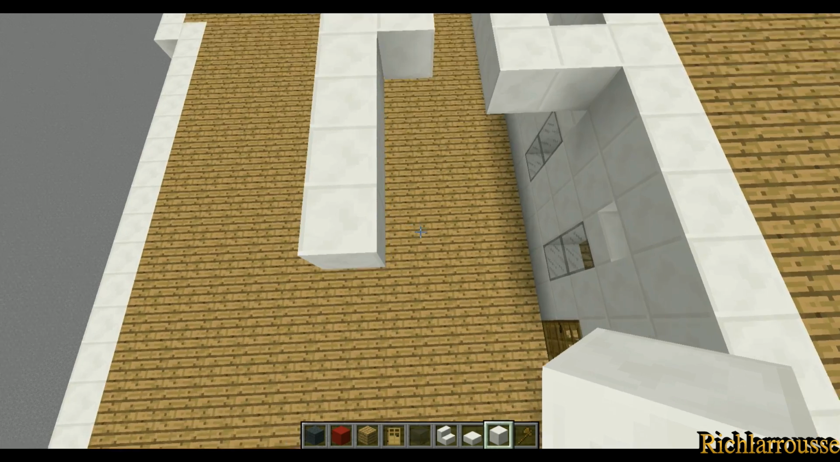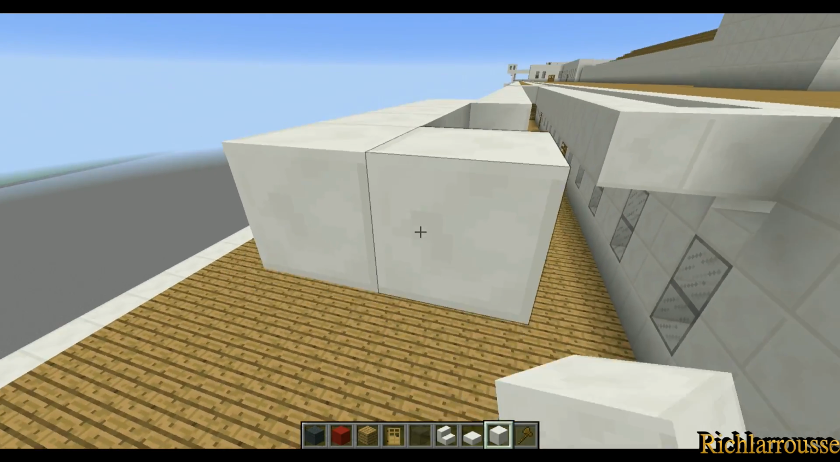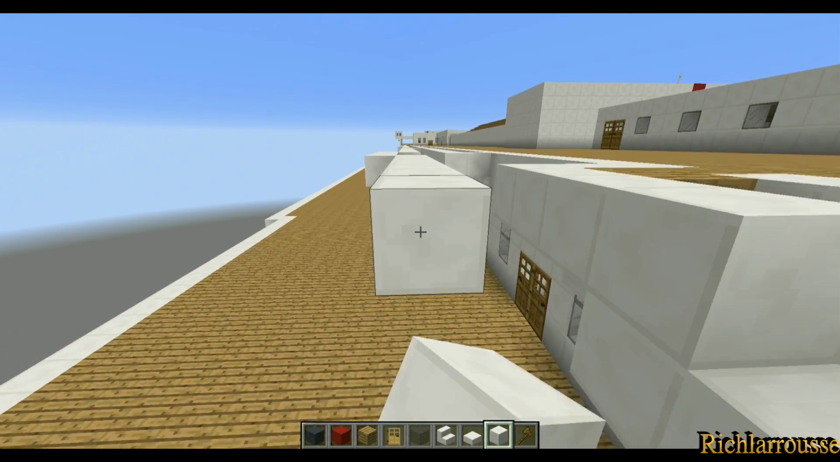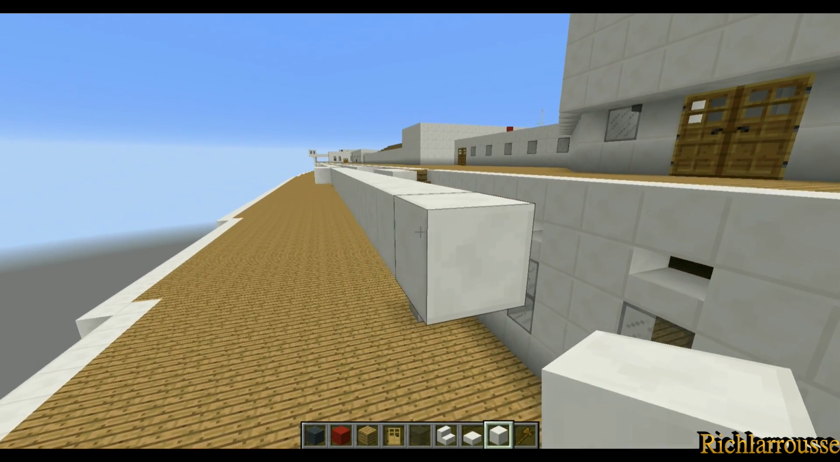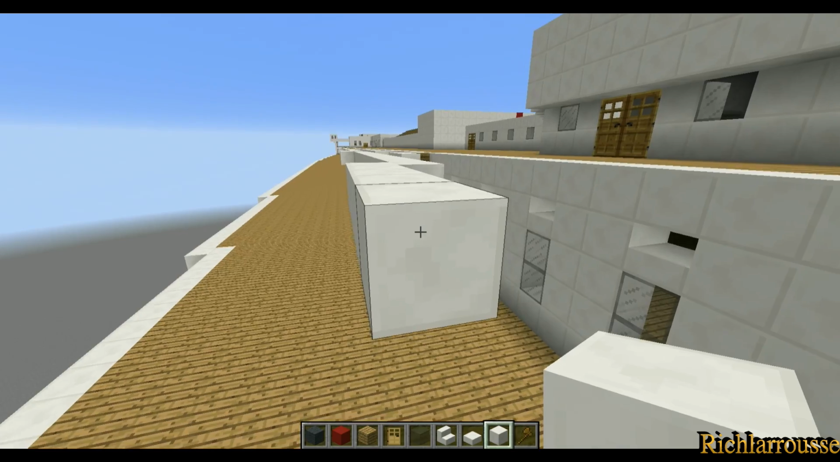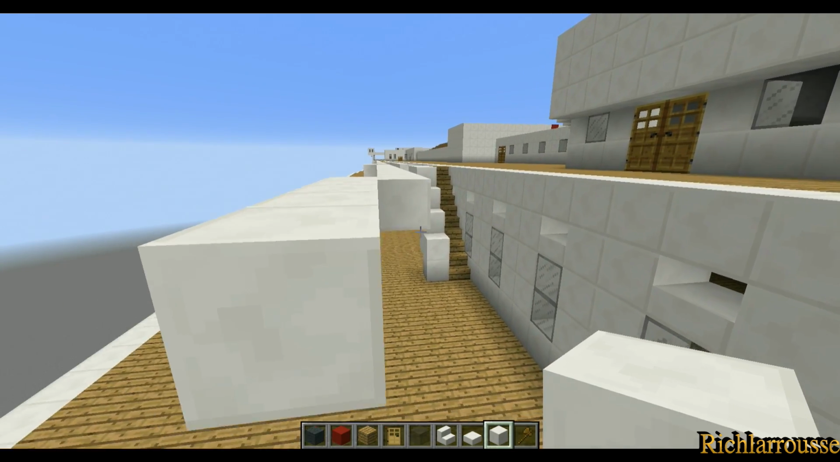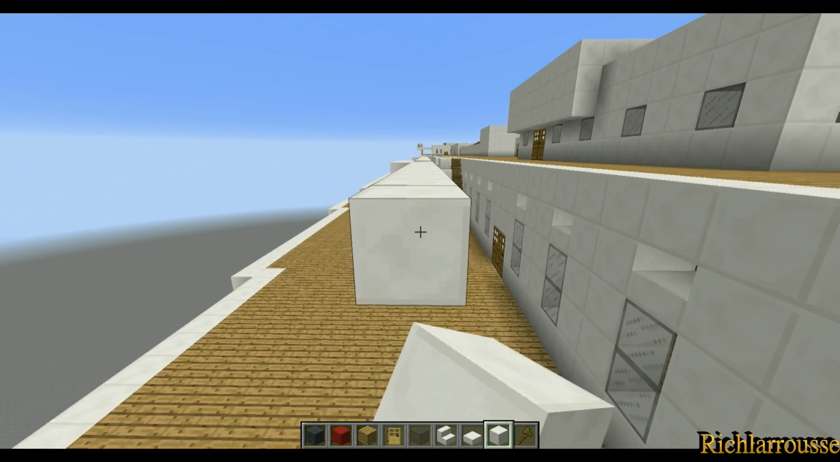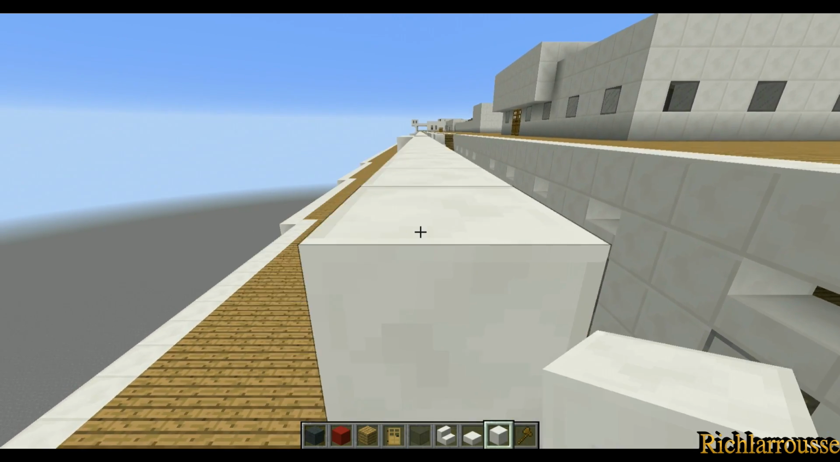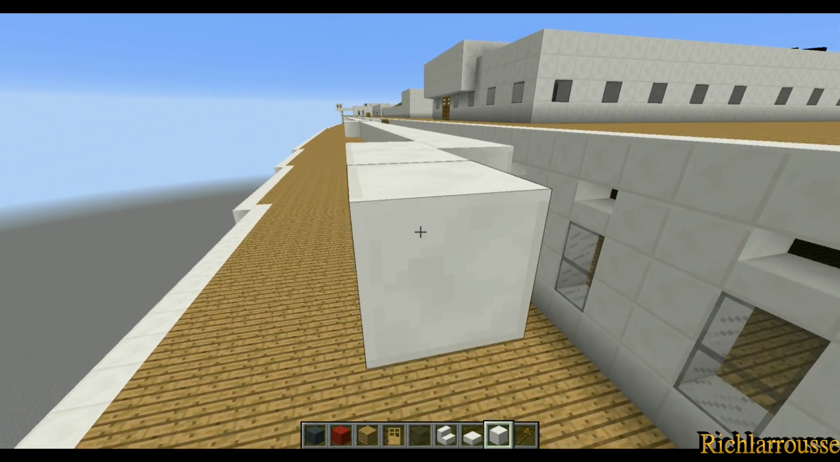and then we want 18, so 1, 2, 3, 4, 5, 6, 7, 8, 9, 10, 11, 12, 13, 14, 15, 16, 17, 18, and then 5, 1, 2, 3, 4, 5, and then 18, 1, 2, 3, 4, 5, 6, 7, 8, 9, 10, 11, 12, 13, 14, 15, 16, 17, 18, and then 5, 1, 2, 3, 4, 5,